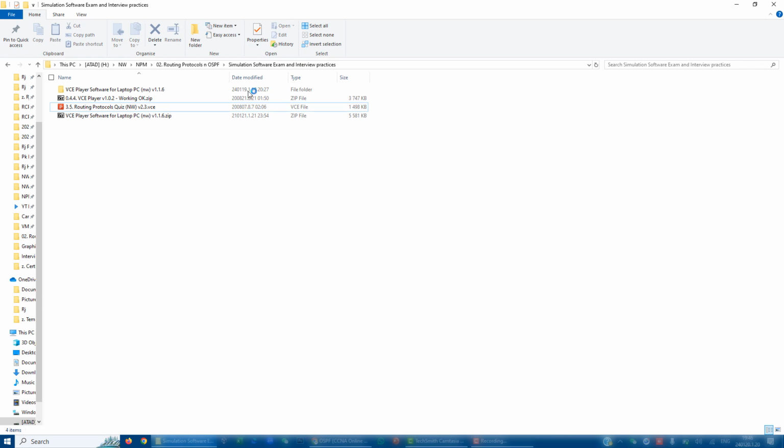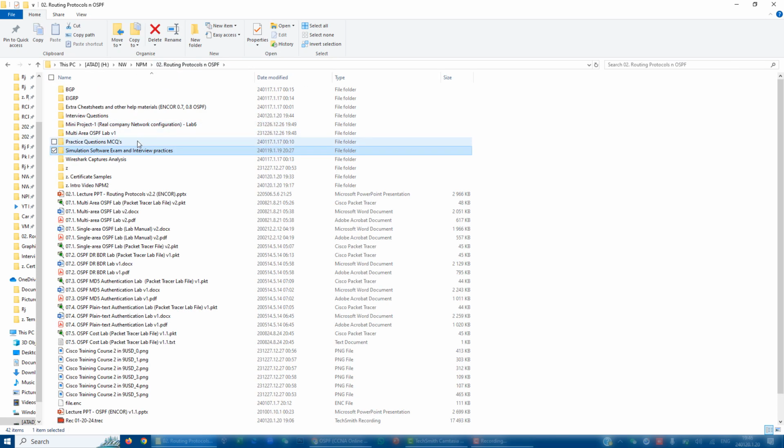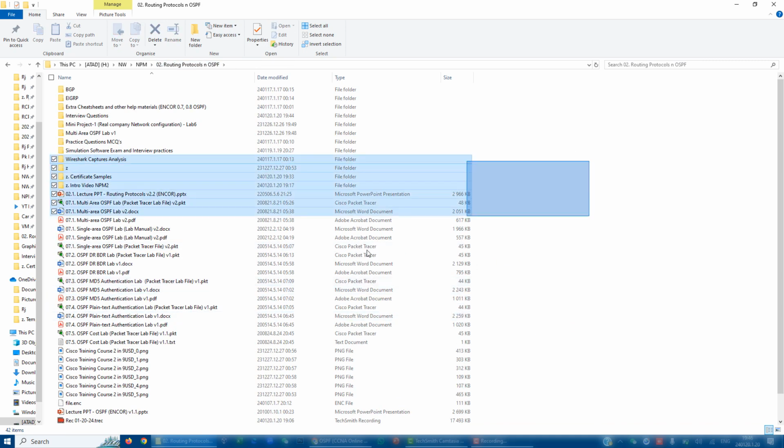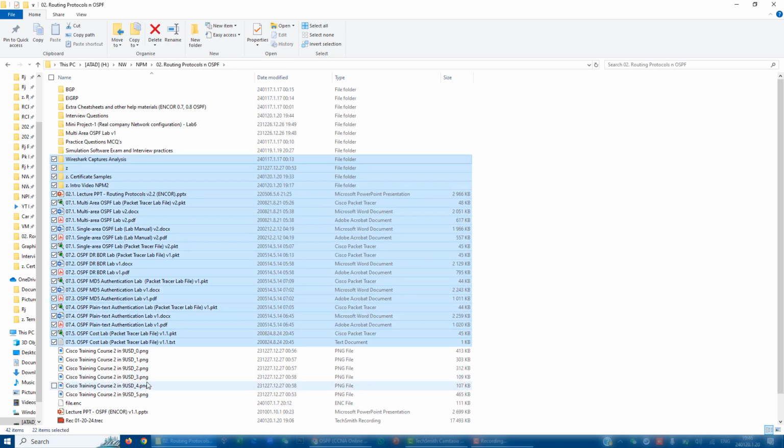We will also be using these kinds of software a lot to practice. Then during this course, we will also be going through some Wireshark captures, like these PCAP files, to see how OSPF and other routing protocols behave once we check at the packet level. So a lot of these kinds of study materials and practical labs are covered